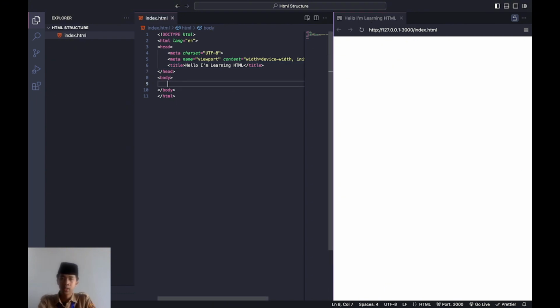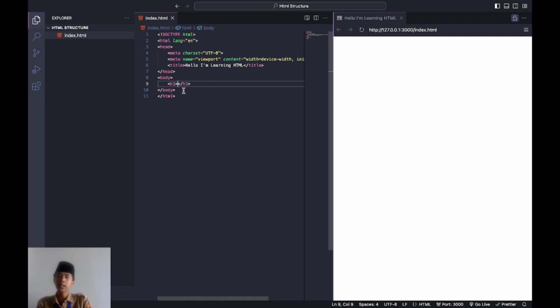Next, we are going to learn how to make a heading. First, you can just type h1. H1 means heading 1.